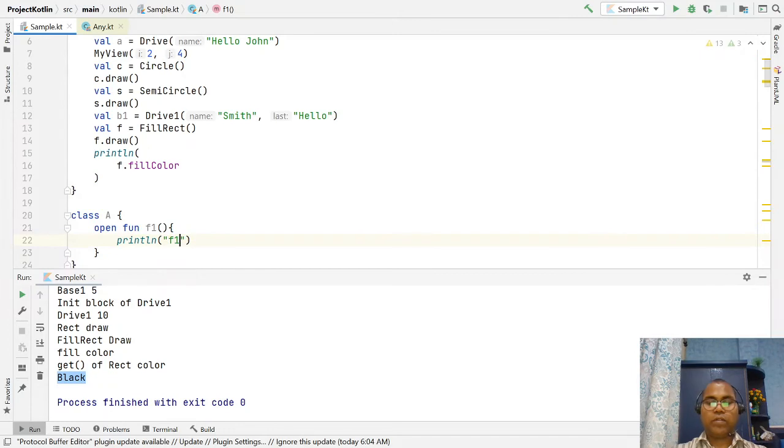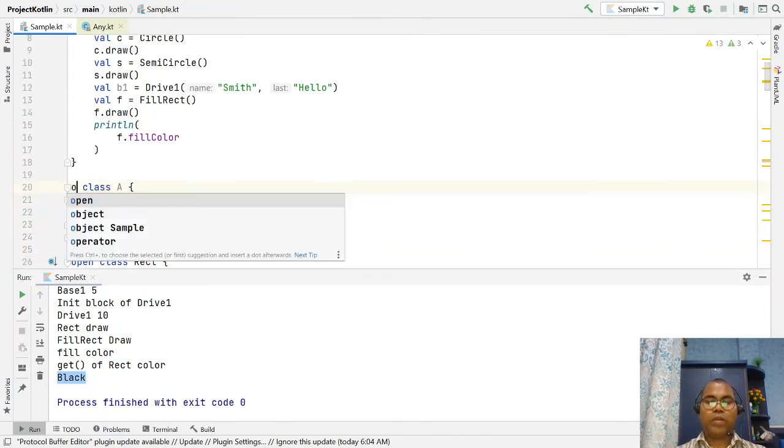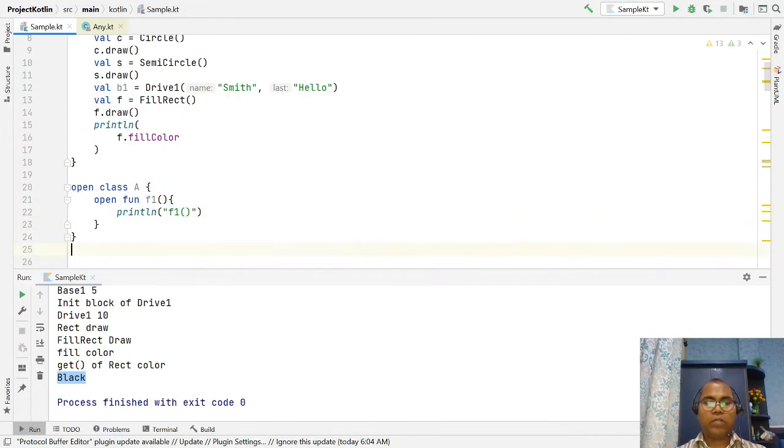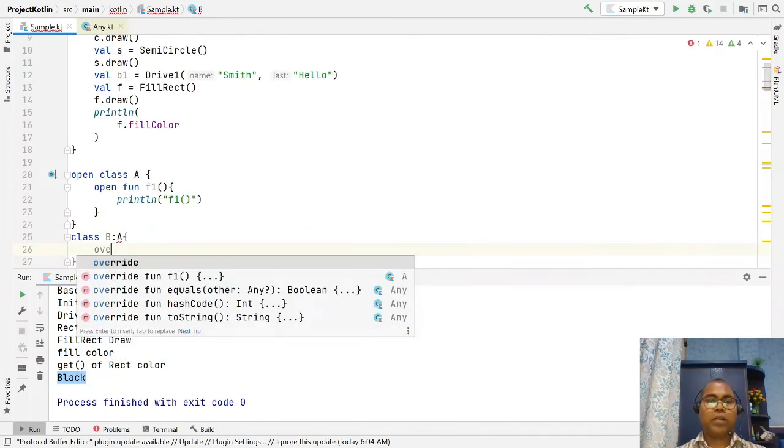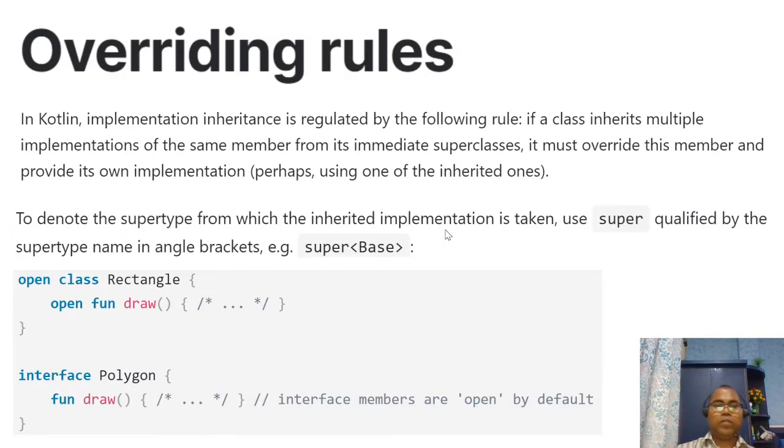Let's mark it open, and now class B inherits A, and then you can override f1.